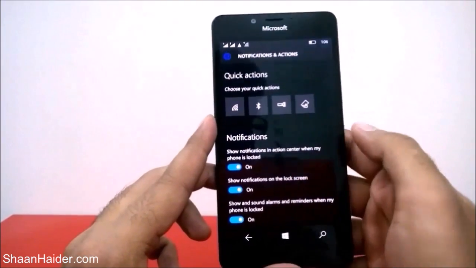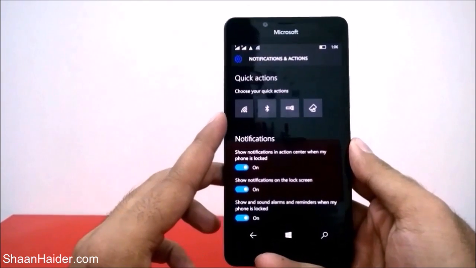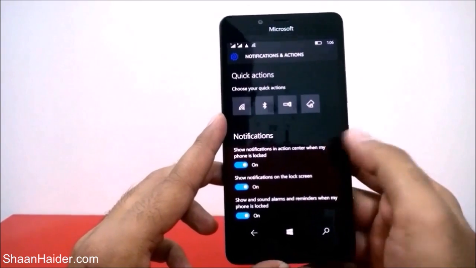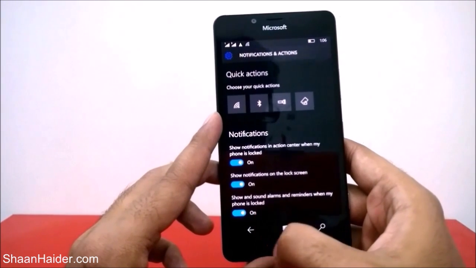Once again, we have provided a detailed video of how to customize your notification and action center. You can watch it by clicking on the link appearing on the screen or just by going to the description